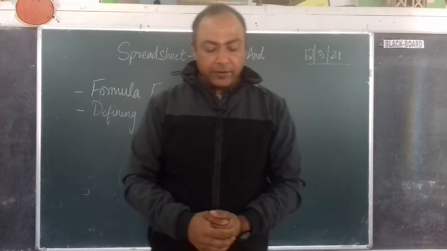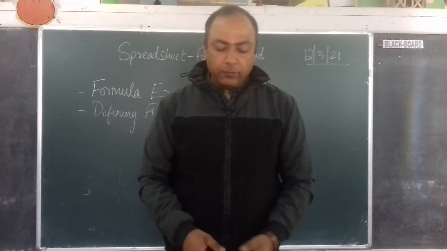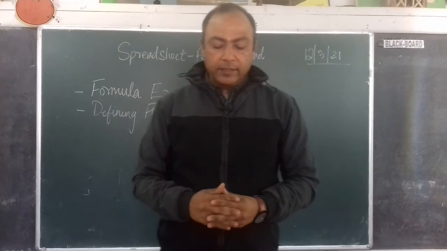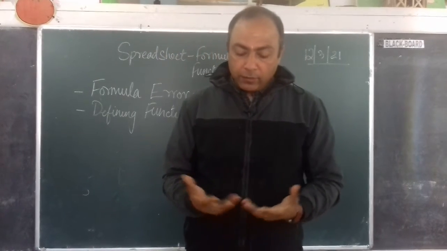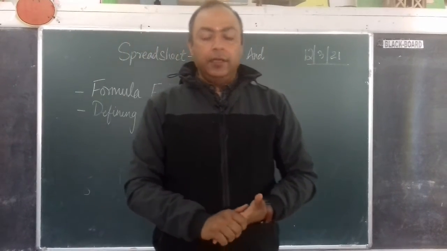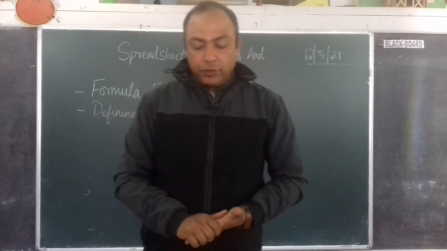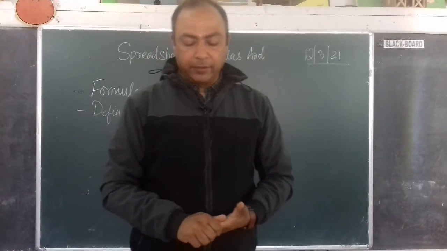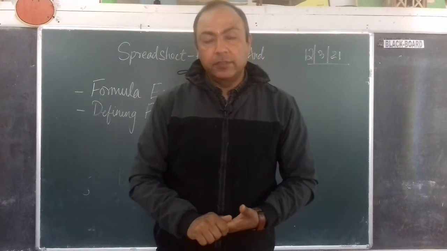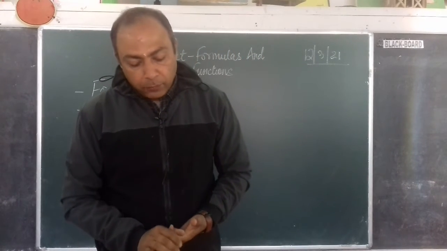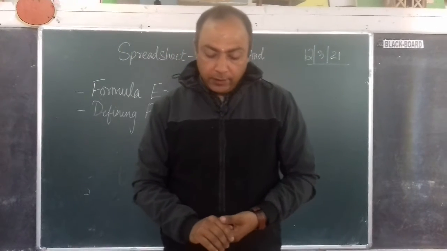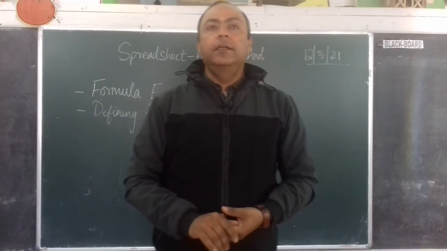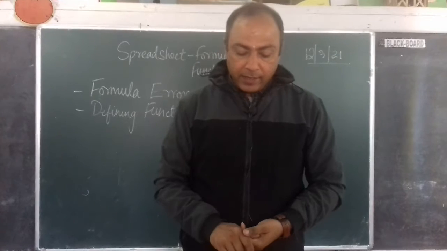The second type of error is the name error. It is displayed when you enter the wrong name of the formula. So instead of the correct name, if you enter a wrong name, if you enter the formula wrongly, then at that time it shows the name error. Now how to remove this error? Ensure that the formula name is entered correctly. So enter the proper address, proper cells while typing the formulas. You can use the formula builder options in Excel to build a formula without an error. So you can use the formula builder options provided in Excel to find the correct way of writing the formula.